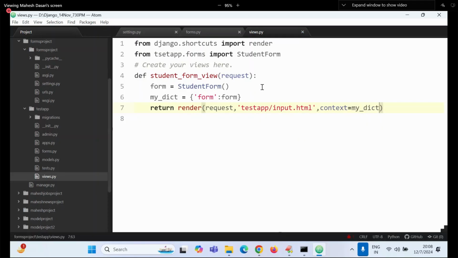Context is optional. If I remove this context, valid